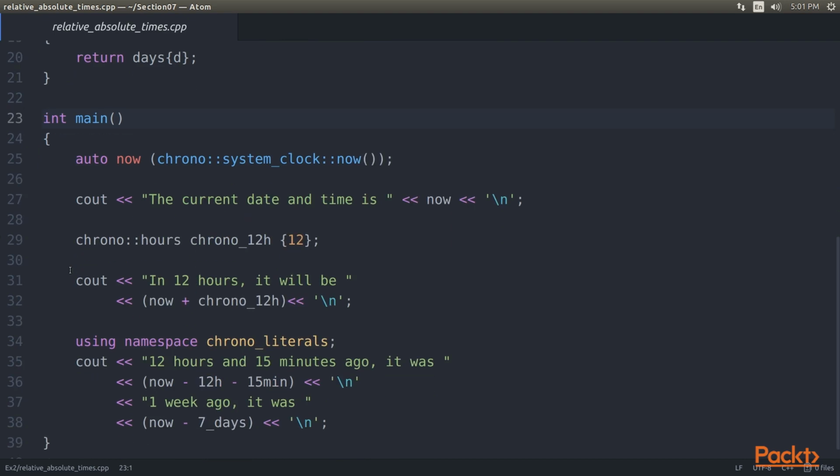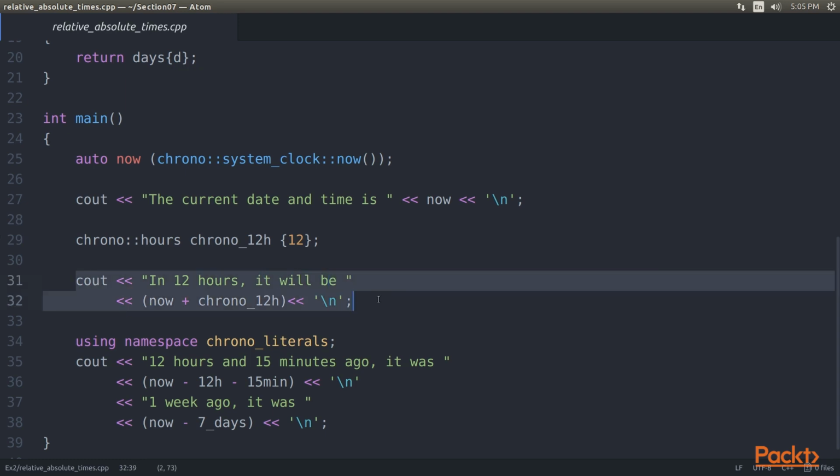In the actual program, we will take a time snapshot, which we will simply print afterwards. This is very easy and comfortable because we already implemented the right operator overload for this. Having saved the current time in the now variable, we can add arbitrary durations to it and print those too. Let's add 12 hours to the current time and print what time we will have in 12 hours using this